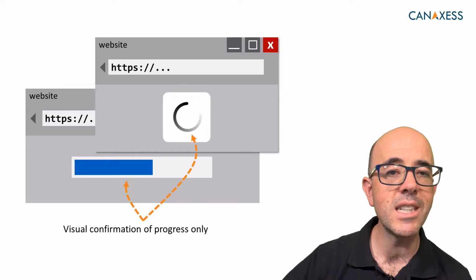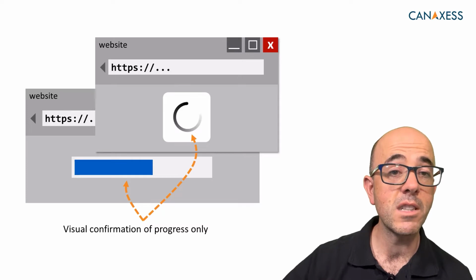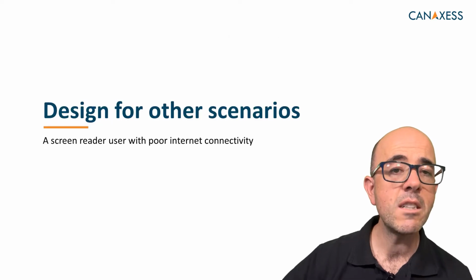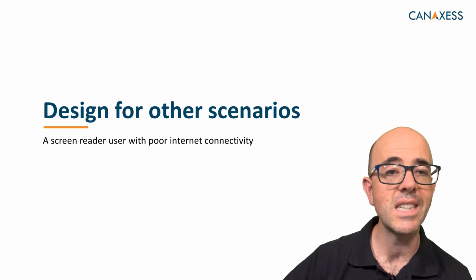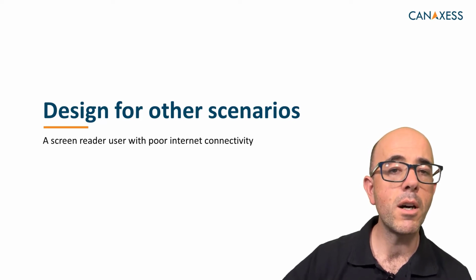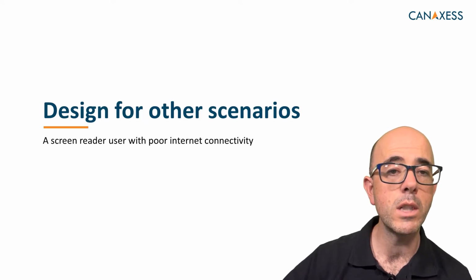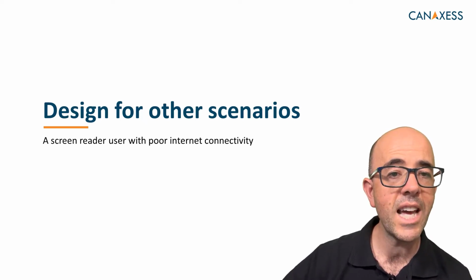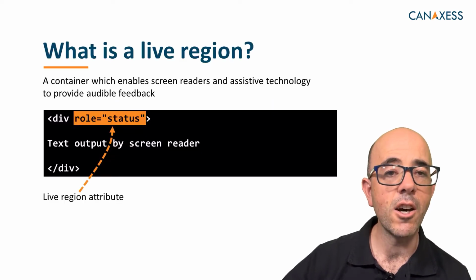But is this really good enough? Is this a good enough user experience? To think, in most cases, for most of the time, this loading behaviour doesn't need to be described. No. We need to design for all potential scenarios, one of which is a screen reader user with poor internet connectivity. People in remote parts of Australia and indeed other countries around the world will have slower internet connections, which will increase the time for new content to load. Because of this is where the technique of using ARIA Live Regions can begin to be used effectively to describe the loading state. But what exactly is a live region?